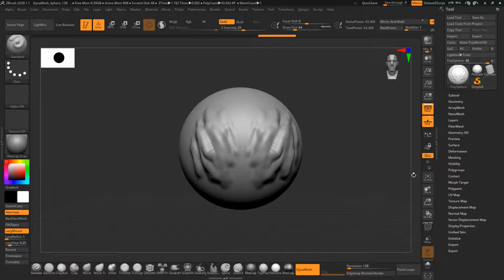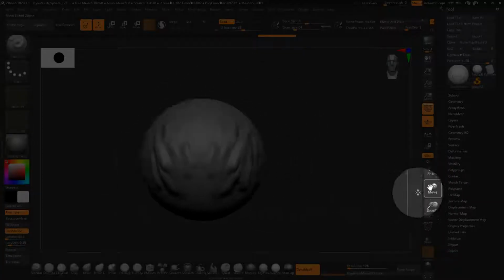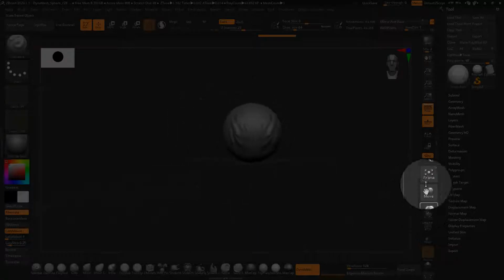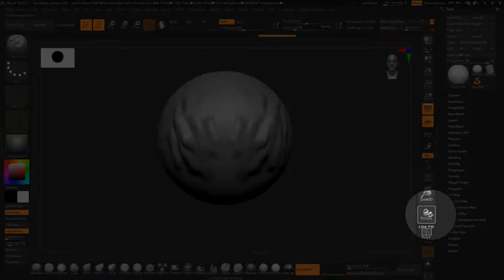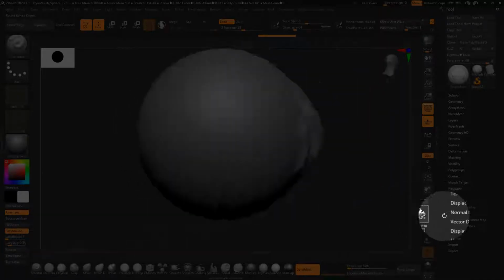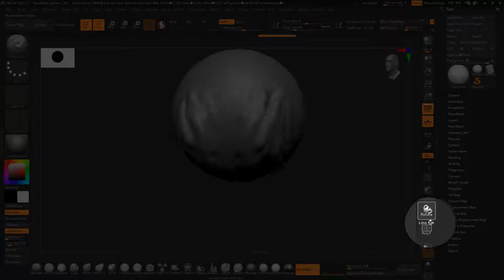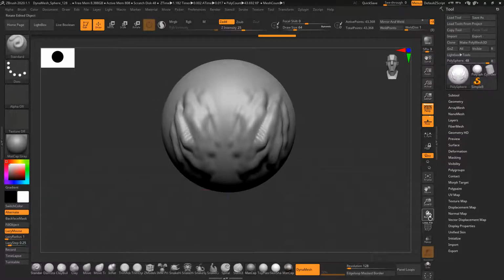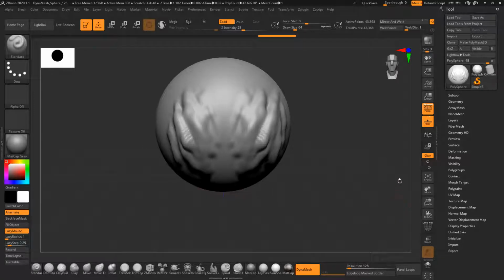You can do the same thing by clicking the Move icon. You can also zoom in and zoom out by clicking the Zoom 3D icon, and you can rotate here in the same way. If you can't remember the key shortcuts, no worries, but I would definitely recommend remembering all these shortcuts, because that will improve your workflow and increase your speed significantly.